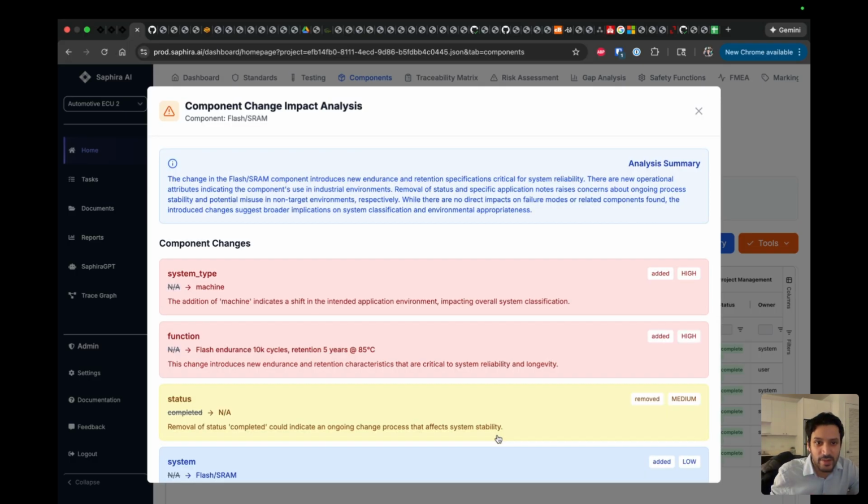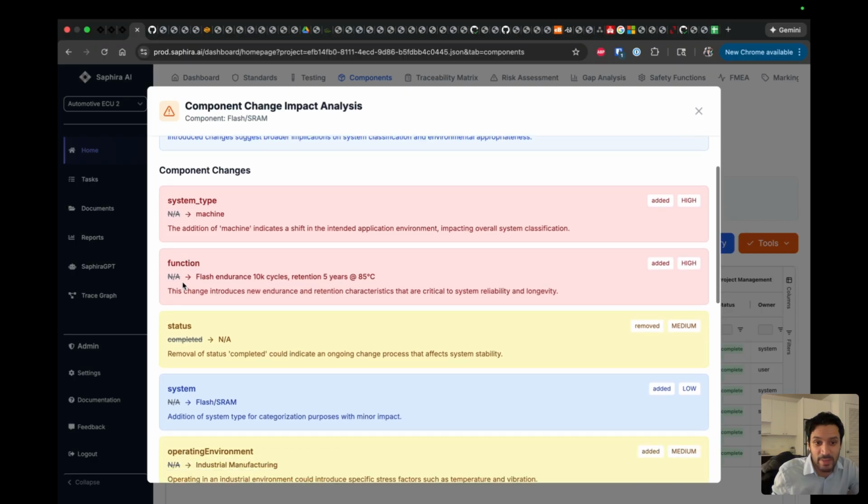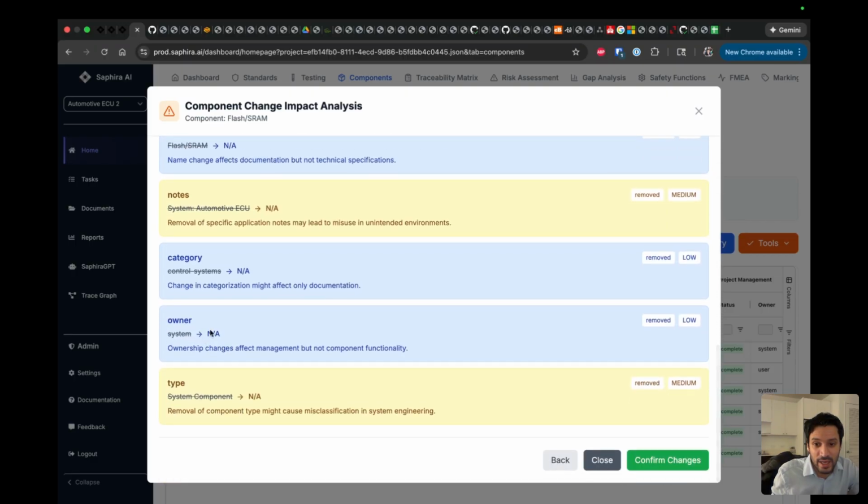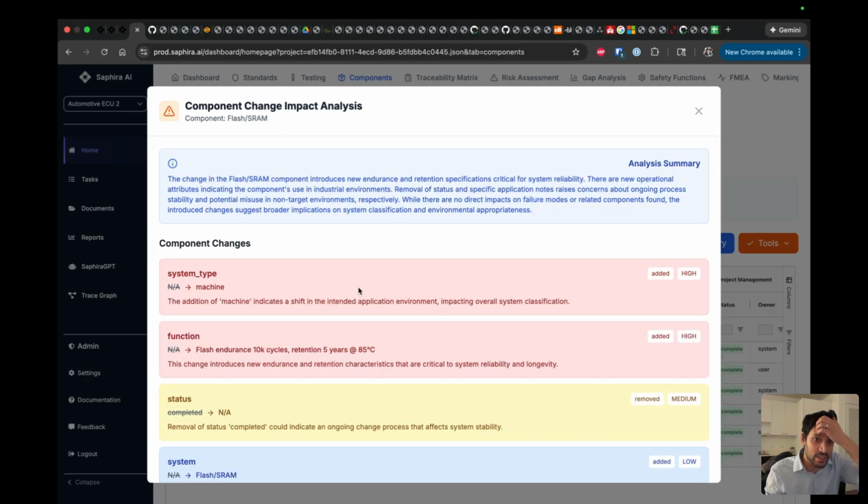So you can see that the analysis summary is that the change introduces new endurance and retention specifications. There are new operational attributes indicating its use in industrial environments, and no direct impacts on failure modes. The introduced change is just broader implications of system classification and environmental appropriateness. So we have some changes that are recommended for system type and function. And yeah, so you can see in this particular case, no particular impacts were made on the failure modes, but we can glance around to see what would happen if we actually did see a